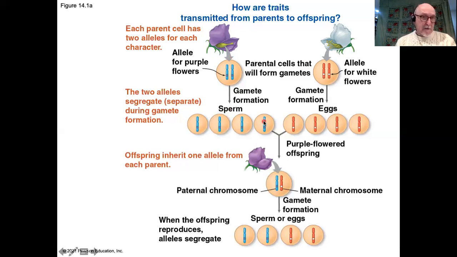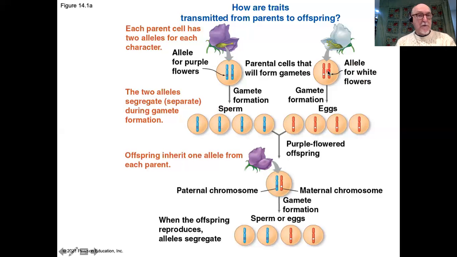Let's artificially fertilize our flowers. We're going to take pollen, sperm, from this purple flower. Okay. We're going to go to the white flower now. What do we have in the white flower? We have